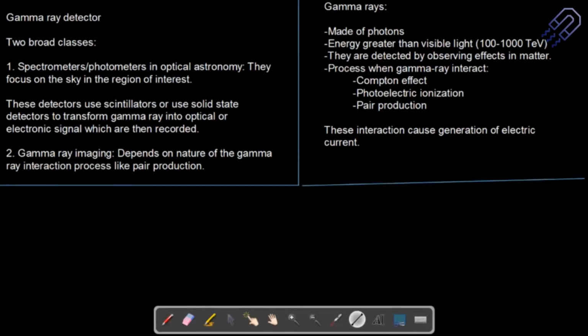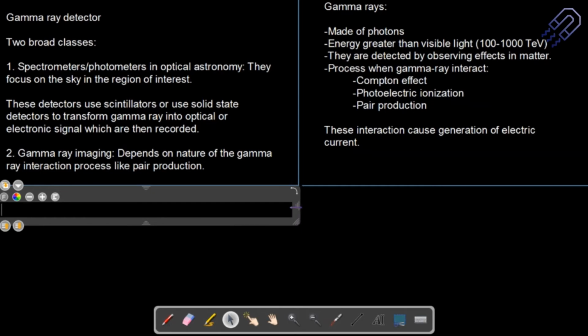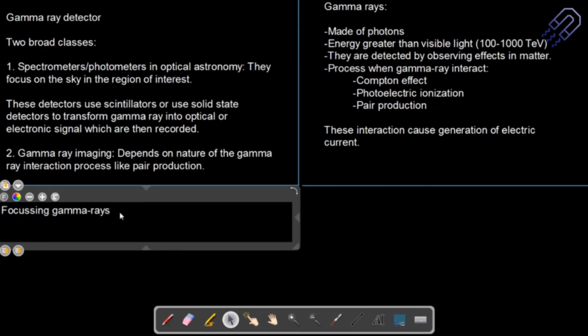Next topic on gamma ray is focusing. This is again important, focusing the gamma rays. So how do you really focus it? Because there are certain factors based on which you have to focus the gamma rays. If you consider something like electrons or protons, which are charged particles, focusing is by an electric or magnetic field. In general, if you consider something like visible light, it is focused by lenses or mirrors, right?